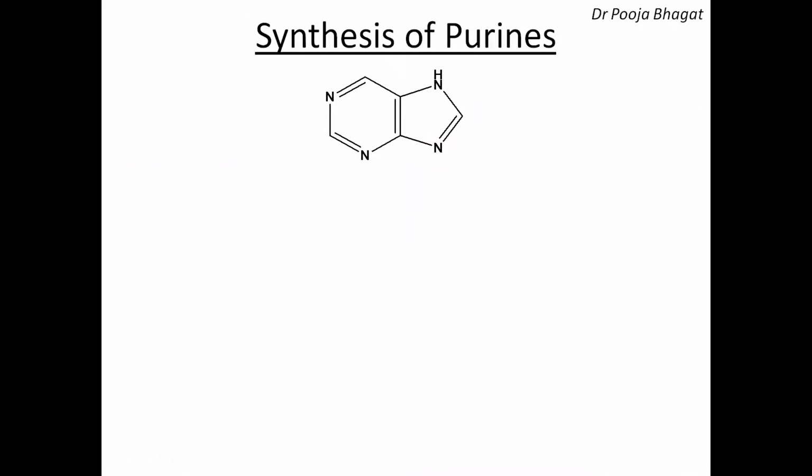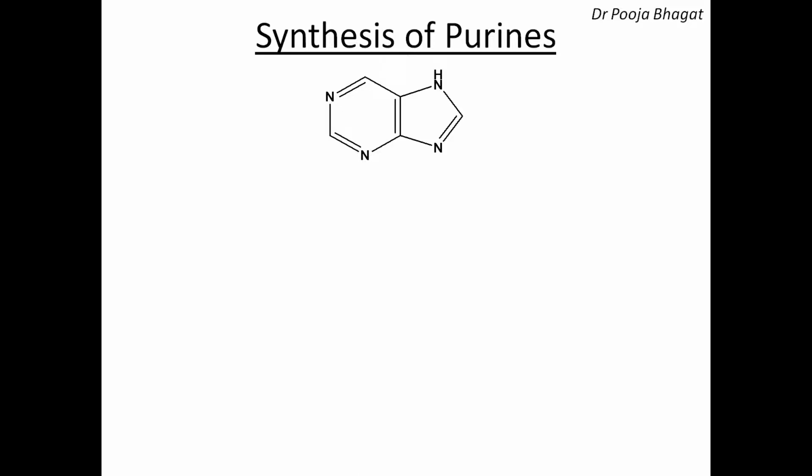Now we are going to discuss the synthesis of purines. Now this is the purine ring. You have to prepare purine derivatives by doing substitution at various positions. As you have seen, in adenine you have to do the substitution at the 6th position, the amino group. In guanine, you have to do the substitution of the amino group at the 2nd position and the ketonic group at the 4th position, and so on.